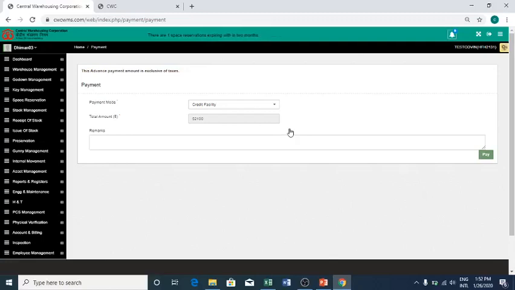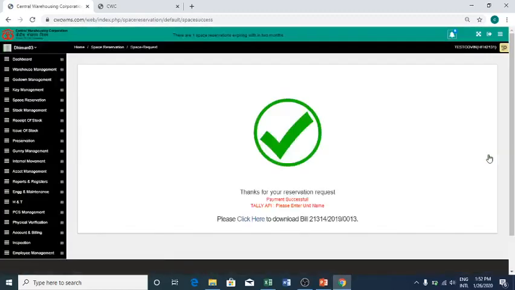Parties like Food Corporation of India, government parties, state governments, central governments, public sector undertakings, and societies do not pay any money in advance when they're taking up the reservation. Since these are government parties, the letter of confirmation itself is treated as a confirmation, and we can go ahead and generate the bill on a credit facility basis. When I say credit facility, it means that we will generate the bill, submit the bill, and they will make the payment subsequently. So I make a payment. Once I make a payment, it is done.